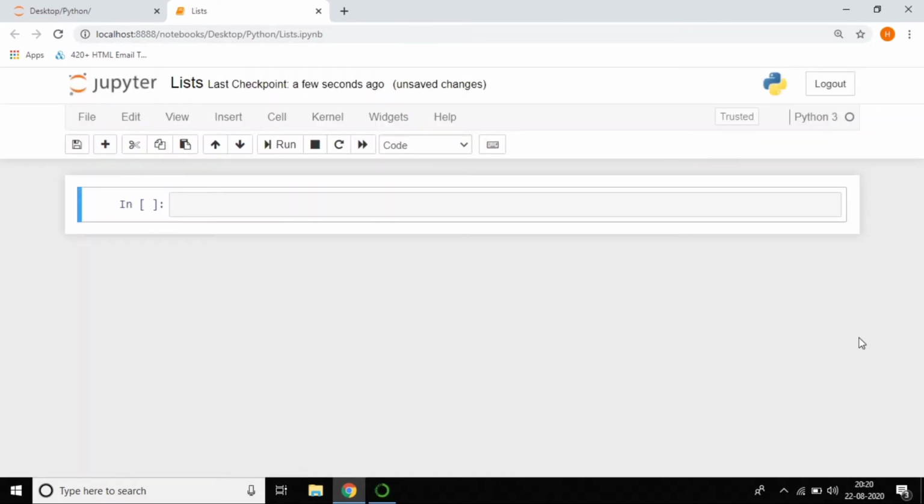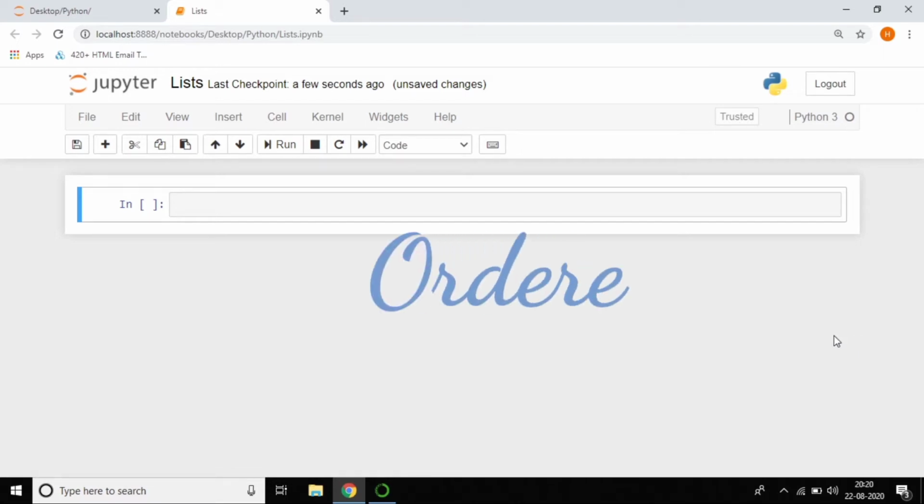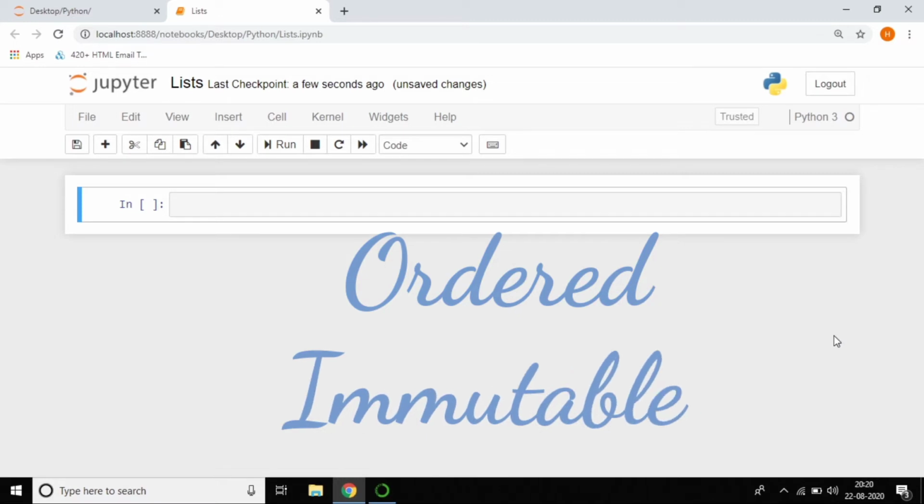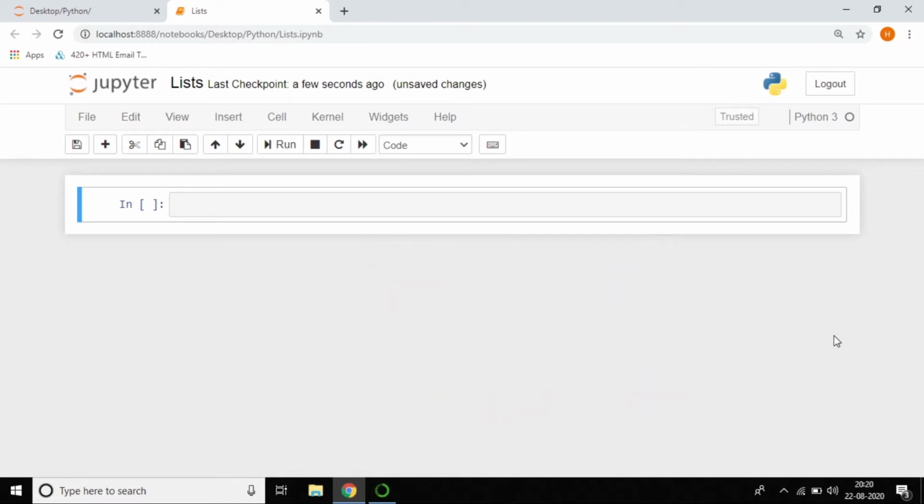In Python, lists are used to store a collection of multiple data at a time. Lists are ordered and mutable, which means we can change the data, and a list also allows duplicate elements. Duplicates means if you already created some data and you want to create the same data again, a list is able to allow it. So how can we create a list?